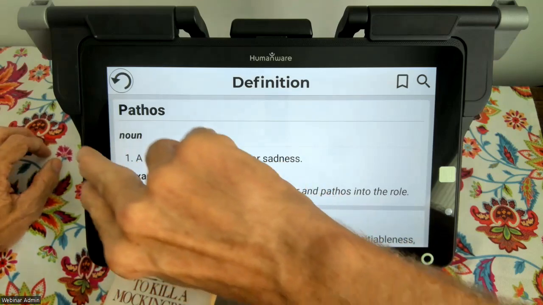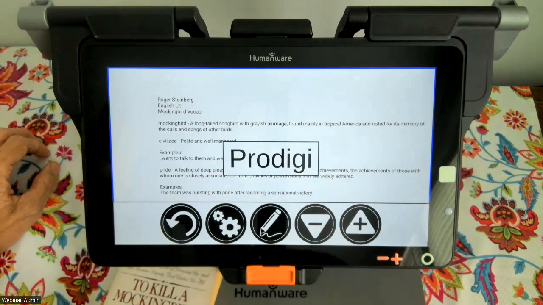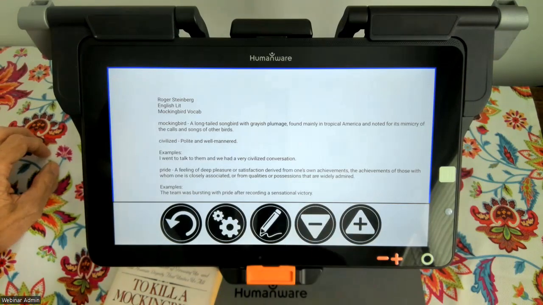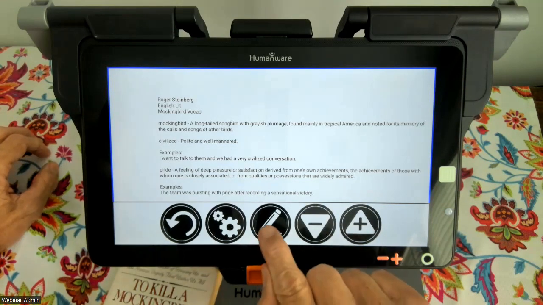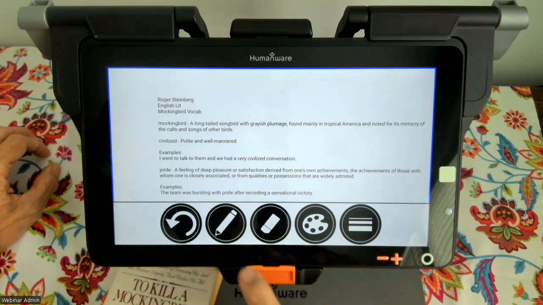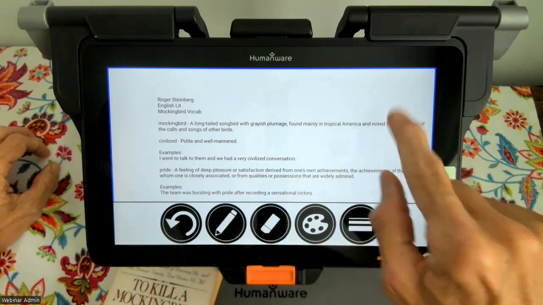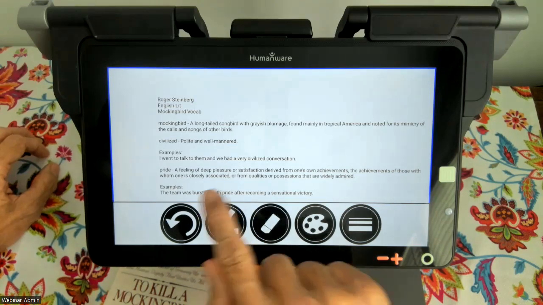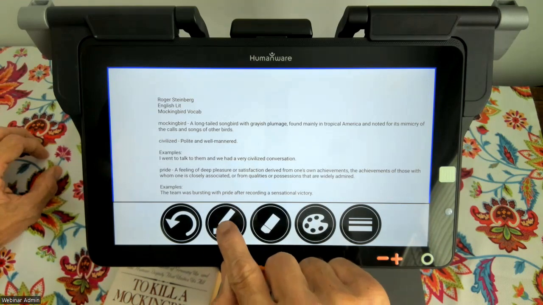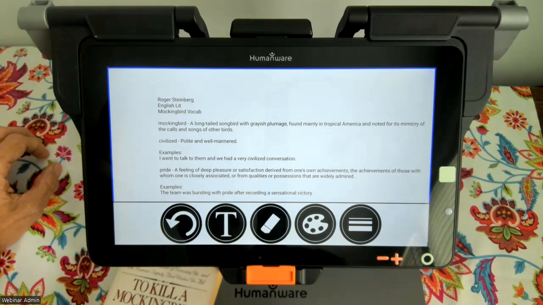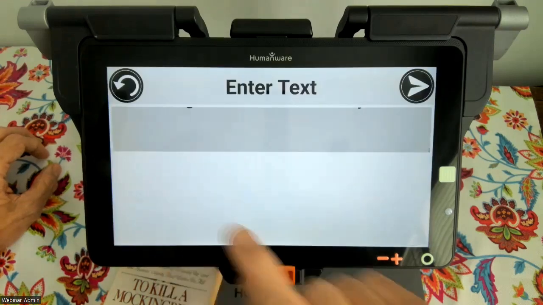So now I'm going to use my toggle gesture again to move back to Prodigy, and here you can see my study guide. I need to set up a writing tool, so let's tap there. I'm not using a pen. You can see that this is not freehand, and I'm not using a highlighter. However, I am using a text, so I'll turn on my text tool,